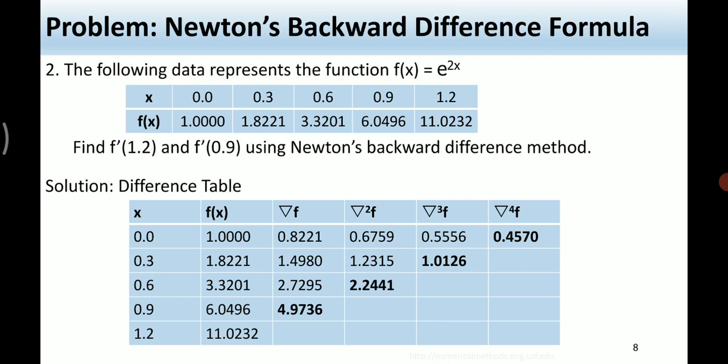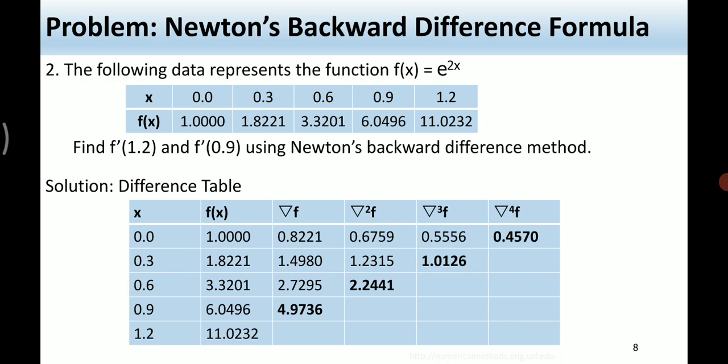See, next we'll see the problem that is based on Newton's backward difference formula. The question given is the following data, it represents the function f of x is equal to e power 2x, and the given data is x is equal to 0.0, 0.3, 0.6, 0.9 and 1.2, f of x values are